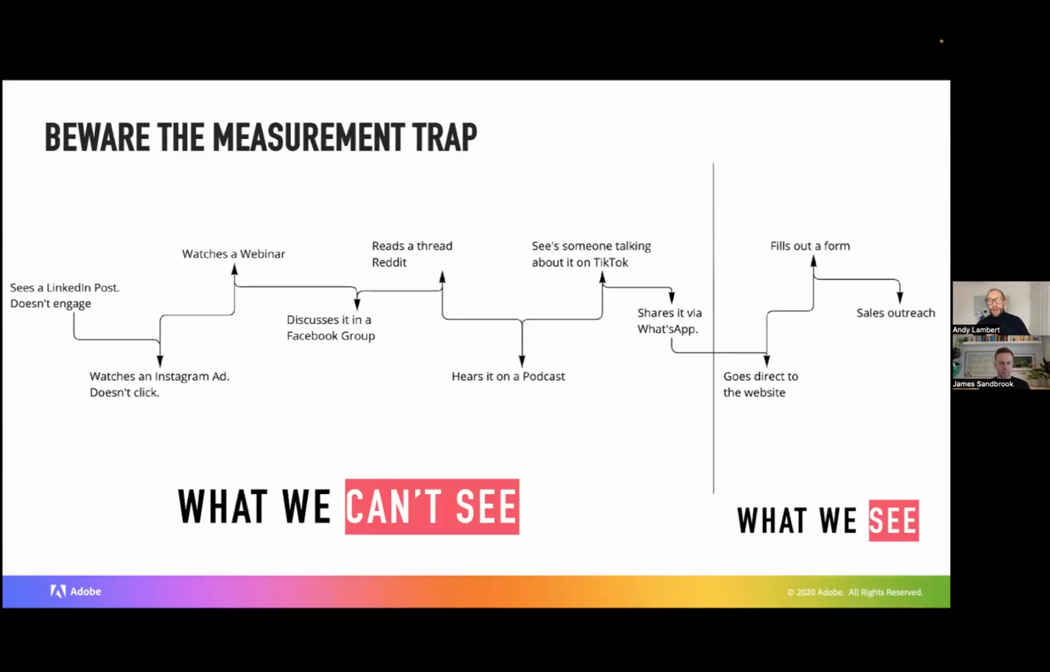And just beware, one final note before we go to question and answers, beware the measurement trap. That what we can't see versus what we see. Attribution and trying to measure social at a micro level, we will go nowhere. And I've spoken about this slide numerous times with senior stakeholders, people that don't understand social, is because attribution software, whether you use Hootsuite or Salesforce or whatever, won't tell you the full picture of how